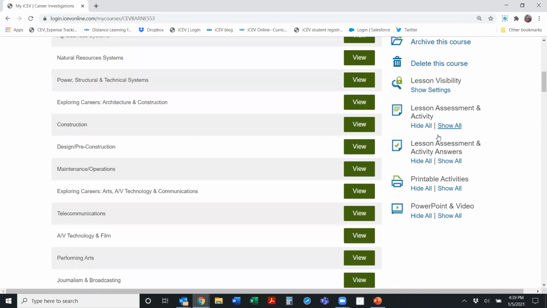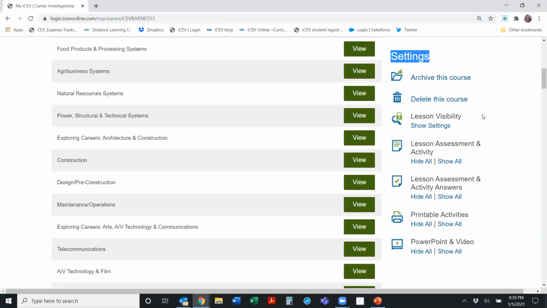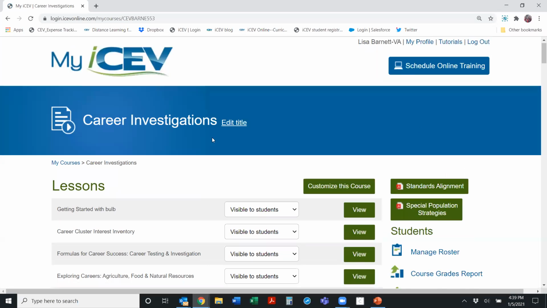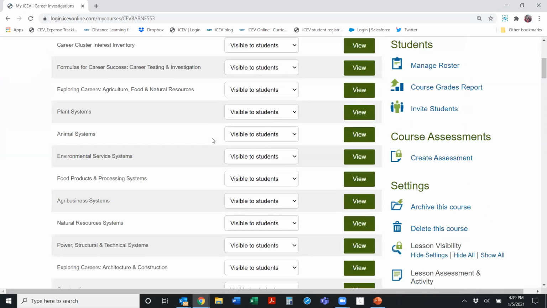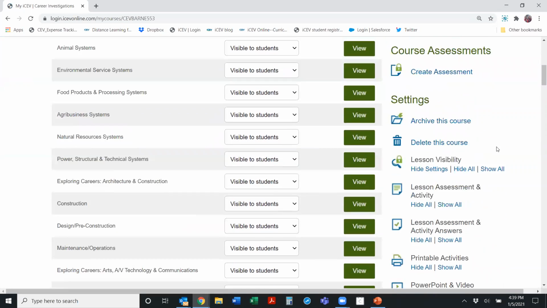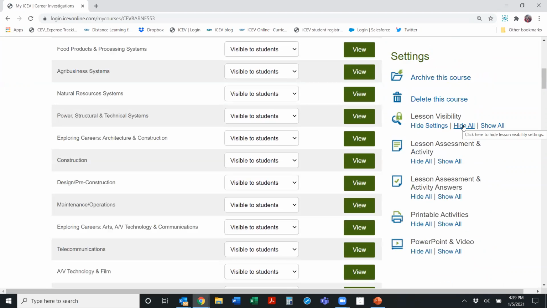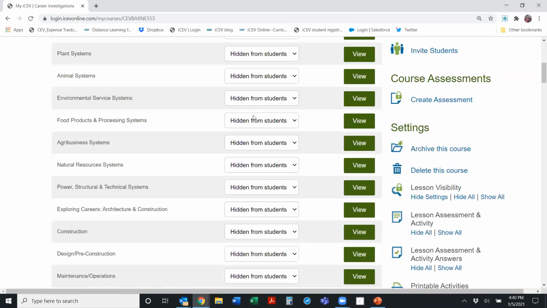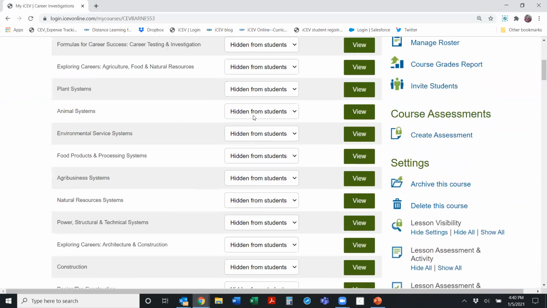So we need to hide it from them so that we are not inundated with their questions and they're not freaking out. So right under lesson visibility, I'm going to click show settings and notice it defaults to visible to students. Well, I want to hide all of these. So I'm going to click hide all under lesson visibility and it'll automatically hide all of these lessons from the students.